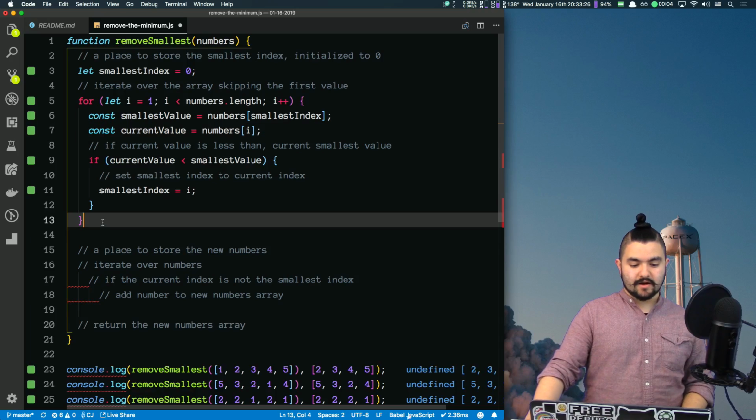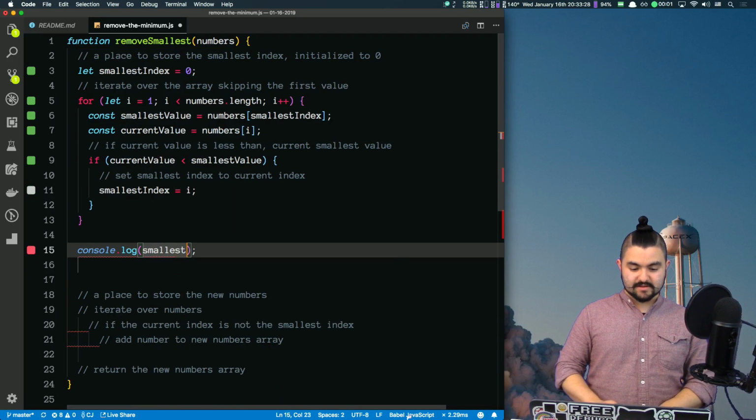All right, we are on our way. And here, if we just log smallest index,